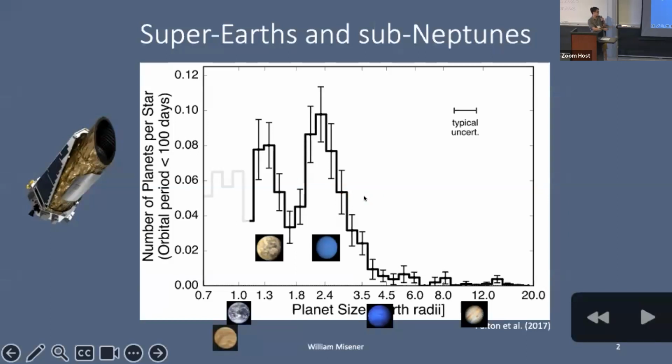And there's been a ton of theoretical work in the last 5 or so years trying to understand how this radius valley came to be. And you heard some talks about it earlier this week, including one from my advisor, Hilke Schlichting, about how a leading theory for how this radius valley came to exist is through atmospheric mass loss, right? That the super Earths originally looked much more like the sub-Neptunes with these hydrogen-rich atmospheres that they had created from